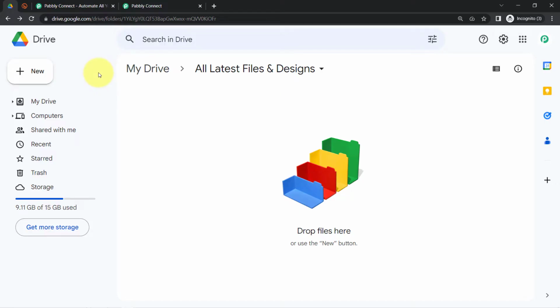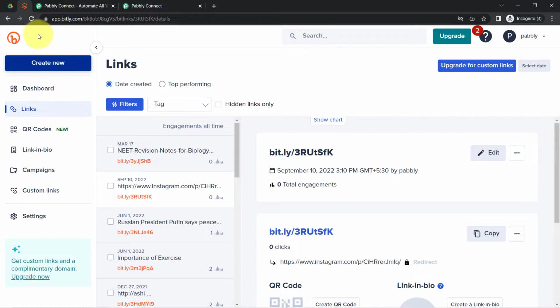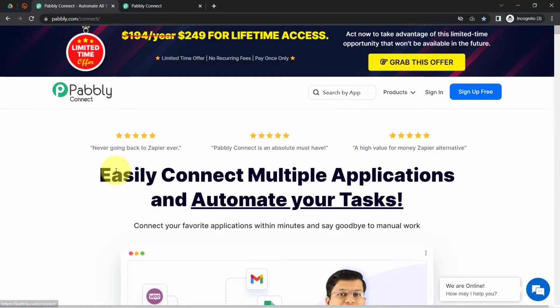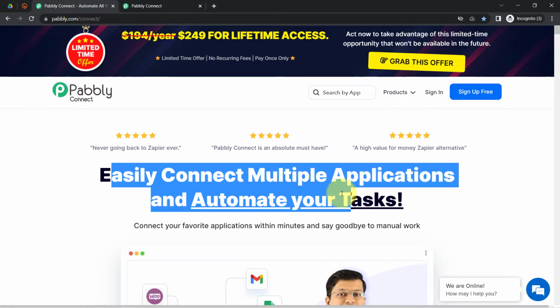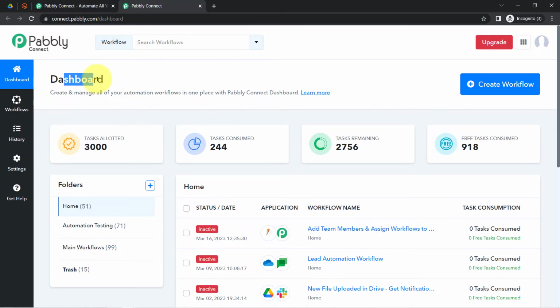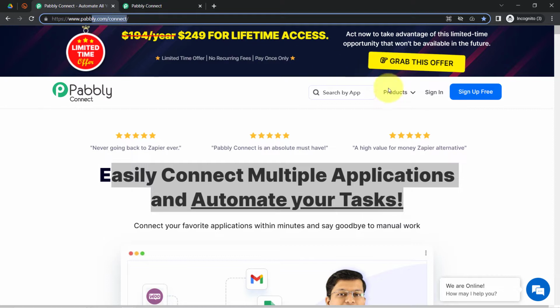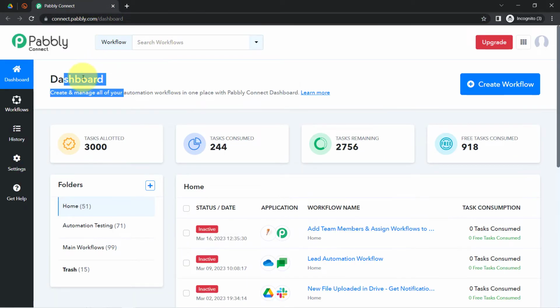So in order to automate this process, firstly I'll have to integrate Google Drive and Bitlink, and I'm going to do that with Pabbly Connect. It is an amazing integration and automation software via which you can easily connect multiple applications and automate your tasks. I am already logged in to Pabbly Connect's dashboard. This is the dashboard. To reach here, you'll have to type pabbly.com/connect and sign up for free, and you will also get free tasks in the free account every month